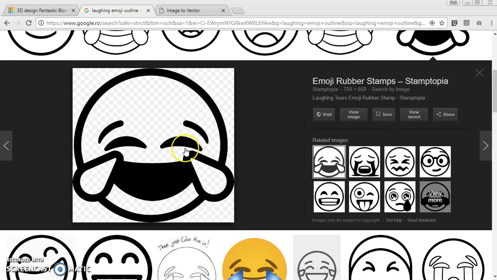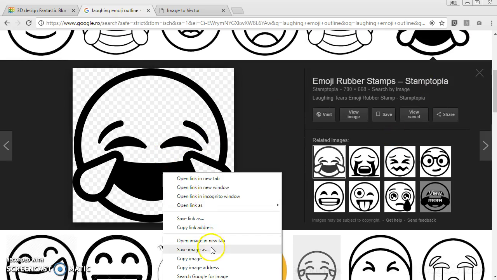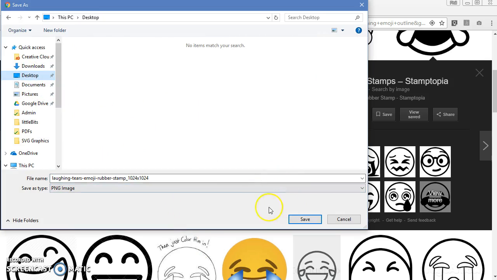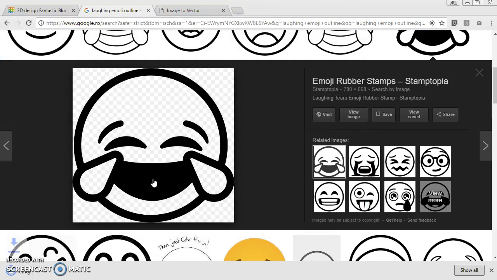I'm just going to go for this one here. So I'm going to right click and I'm going to save it just to my desktop for simplicity. And I'll just call it emoji. And then I'm going to go across to my